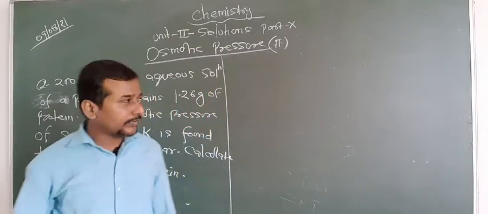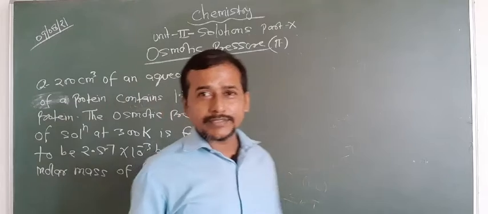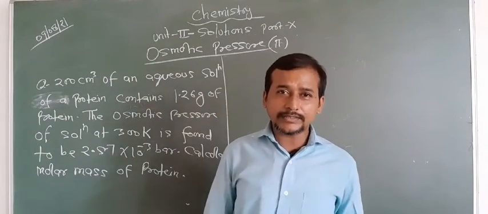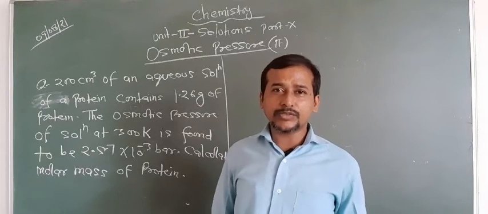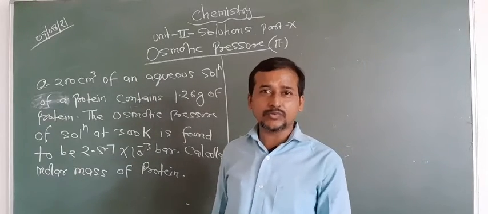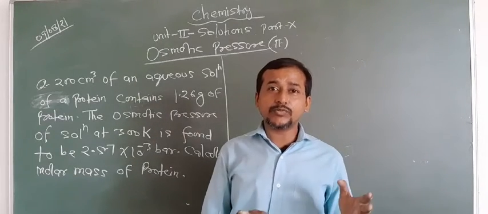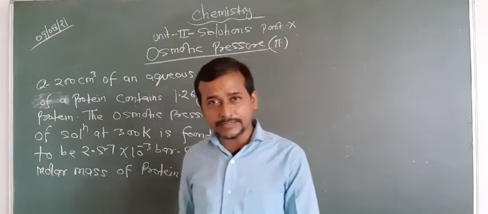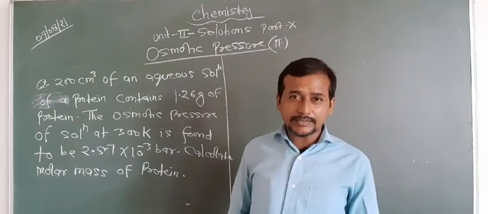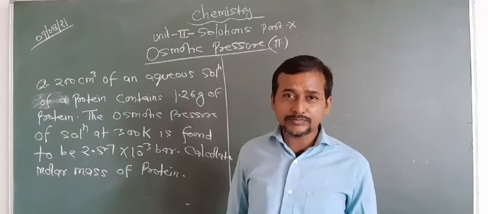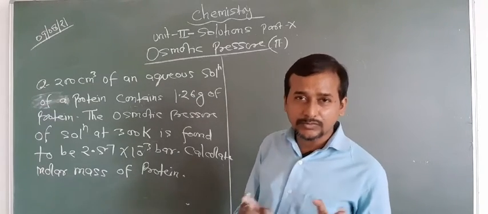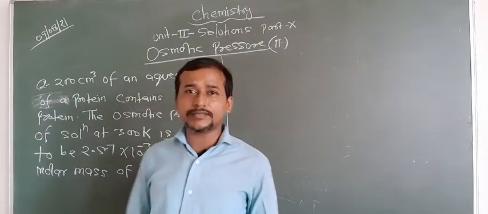Now some more points regarding osmotic pressure. You just have to know that the osmotic pressure method has an advantage over the other methods of calculating the molar mass of solute. This is because, one, the pressure measurement occurs at room temperature. Second, here molarity is used in place of molality, and you know that molarity depends upon the temperature and also upon the volume. So if the temperature changes, the volume changes. That's why this is a very good method for determination of molar mass of solute.